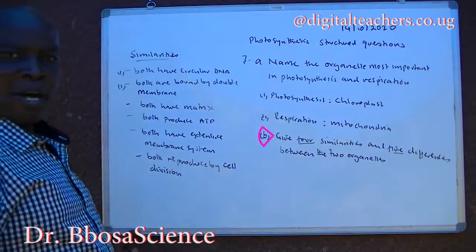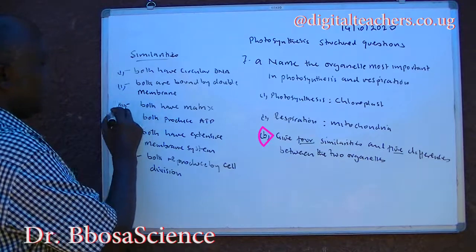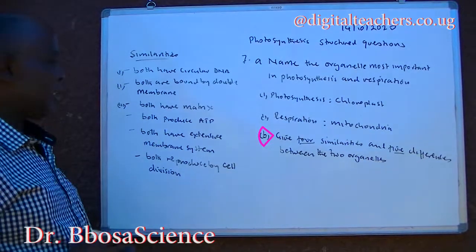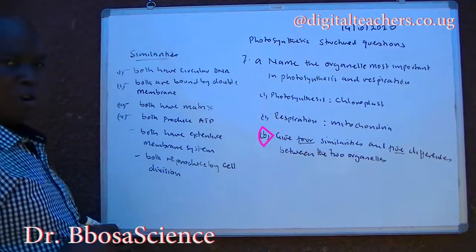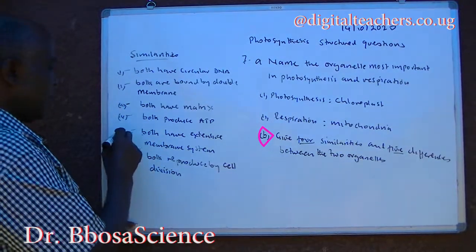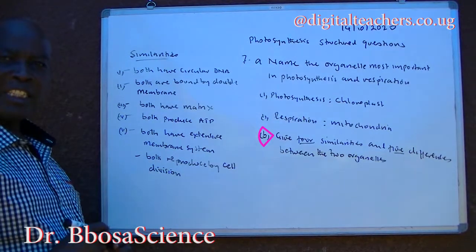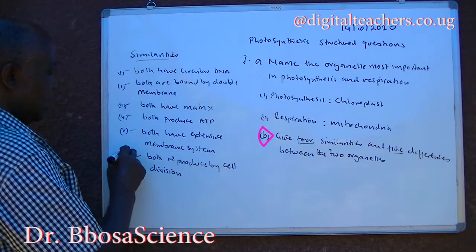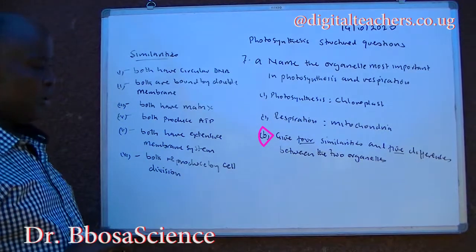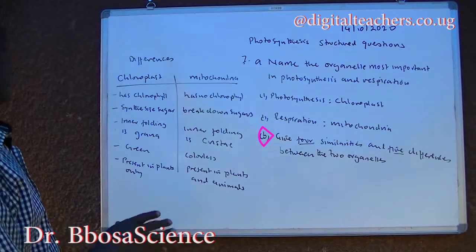Both are bound by a double membrane. 3. Both have matrix. 4. Both produce ATP. 5. Both have extensive membrane system. And 6. Both reproduce by cell division. Differences: